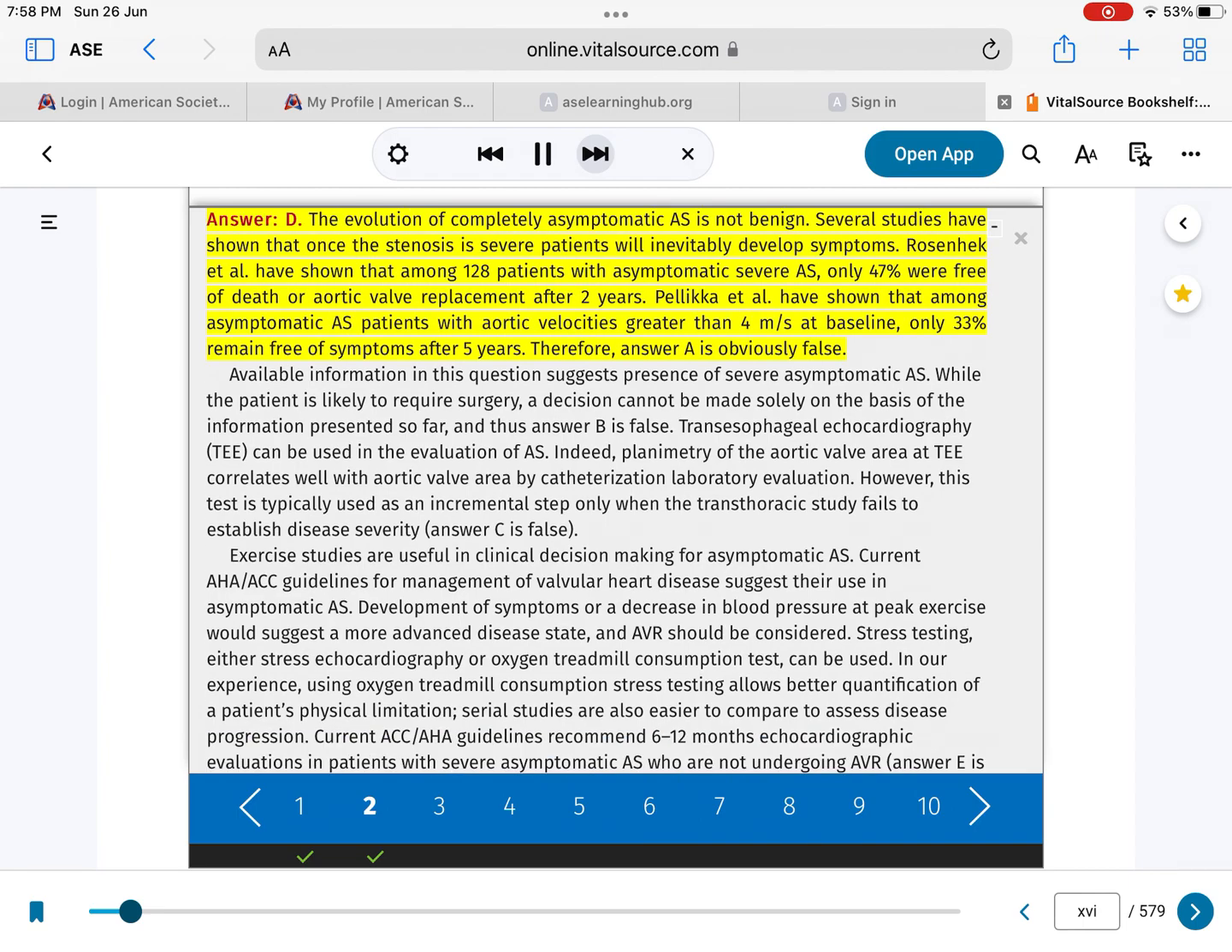That's correct. Answer: D. The evolution of completely asymptomatic AS is not benign. Several studies have shown that once the stenosis is severe, patients will inevitably develop symptoms. Rosenhek et al. have shown that among 128 patients with asymptomatic severe AS, only 47% were free of death or aortic valve replacement after 2 years. Pellikka et al. have shown that among asymptomatic AS patients with aortic velocities greater than 4 m/s at baseline, only 33% remain free of symptoms after 5 years. Therefore,